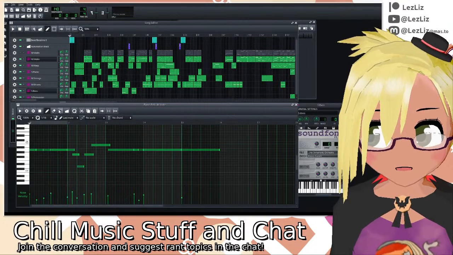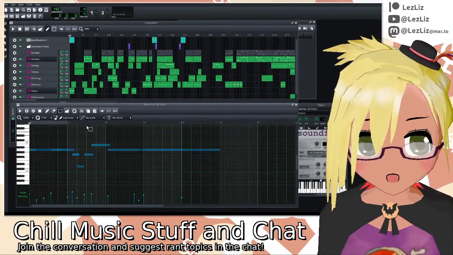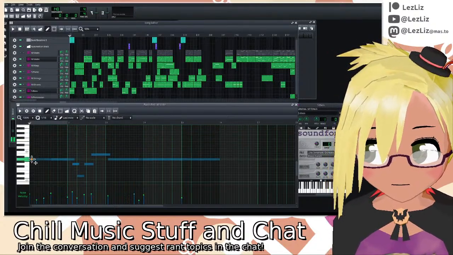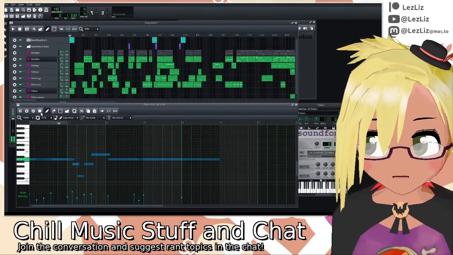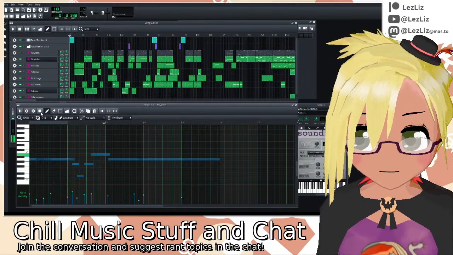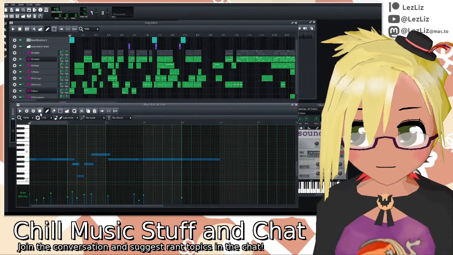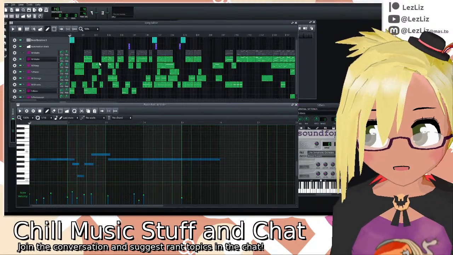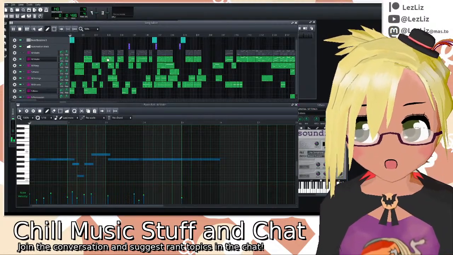Let me see how it sounds if I transpose it one octave. That might actually work, basically alternate that and the violin.